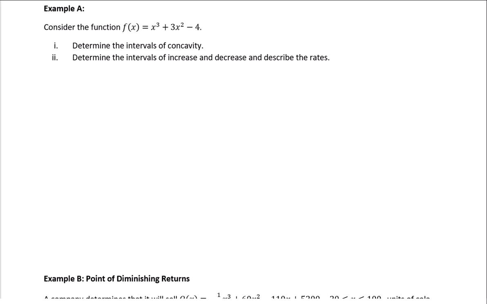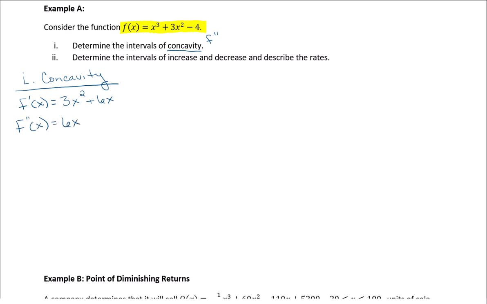In example A, let's consider the function f of x equals x cubed plus 3x squared minus 4. We first want to determine the intervals of concavity. Remember when they ask for concavity, that's dealing with the second derivative. So let's find the first derivative first, and then take the derivative again for the second derivative to get 6x